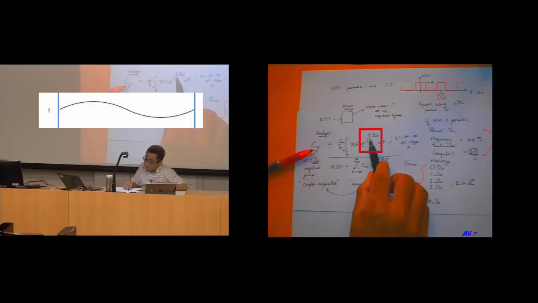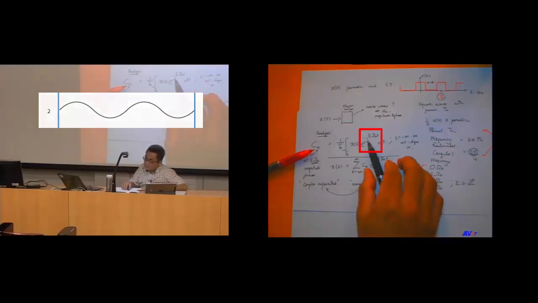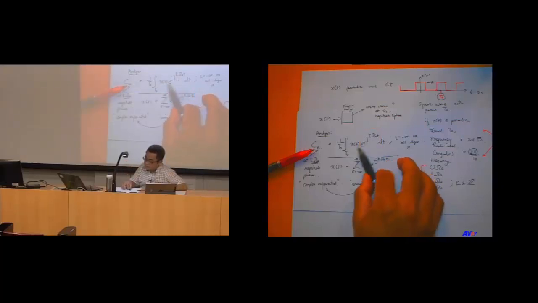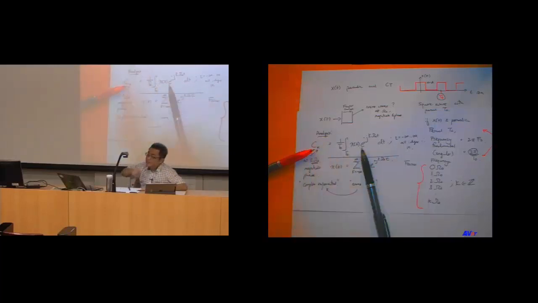When k equals 1, this is a complex exponential rotating 1 cycle every T naught seconds. When k equals 2, it is a complex exponential rotating 2 cycles every T naught seconds. What we are asking you to do is to take the original signal of interest and multiply it with higher and faster rotating complex exponentials, multiplying them together,